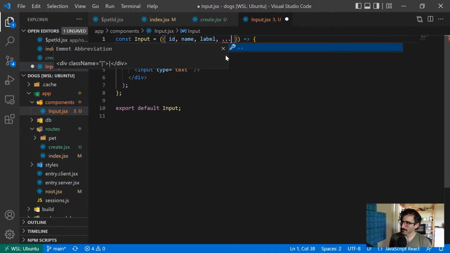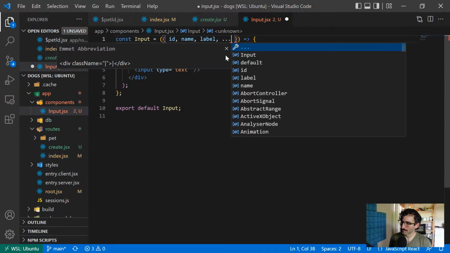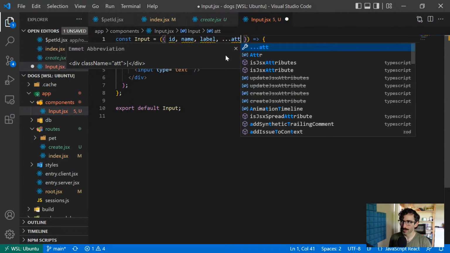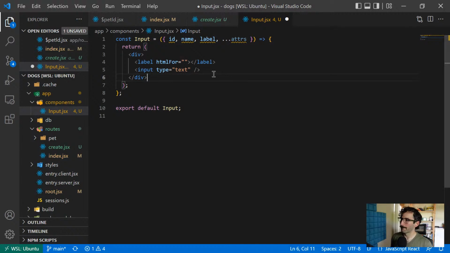And then I guess other attributes, maybe. So everything that we do not explicitly define, I want to put onto the input. That way,